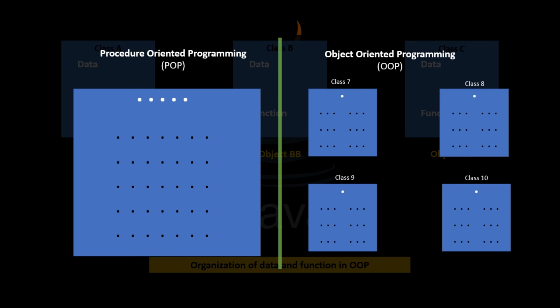So this is the idea of using a class in object-oriented programming, because data is very precious for us. In object-oriented programming it is arranged in such a way that data is closely bound to the functions. That's why it is put in a class.